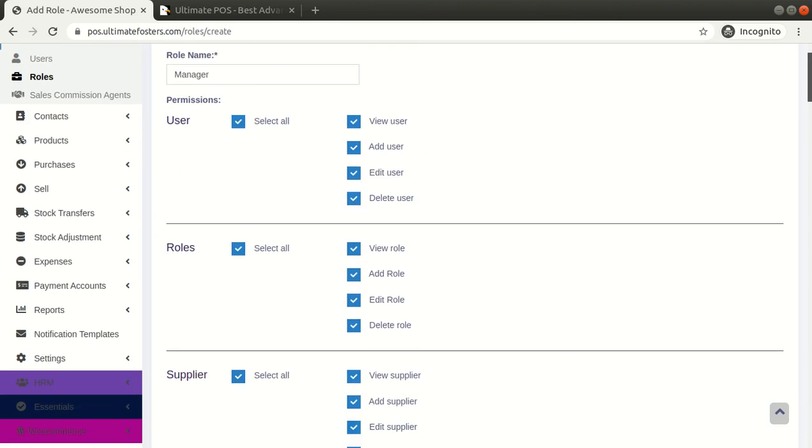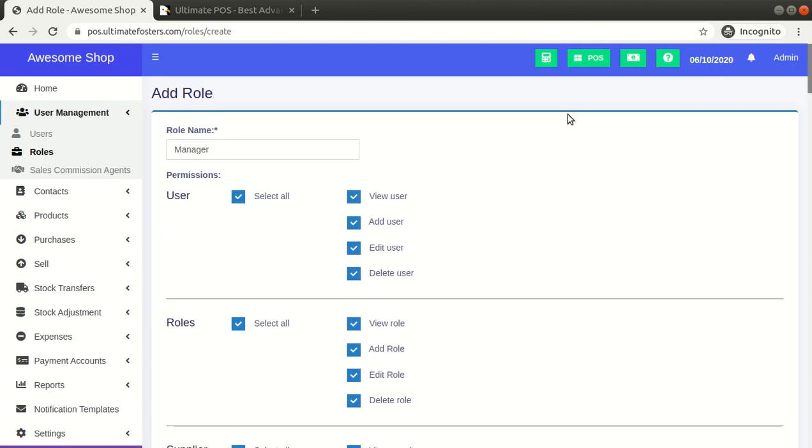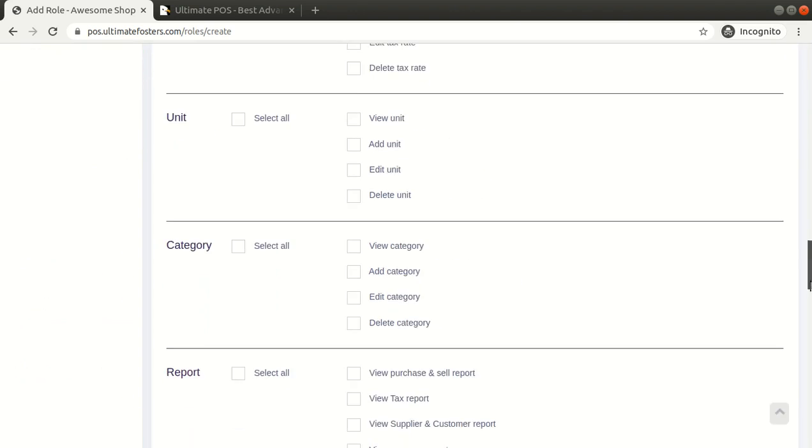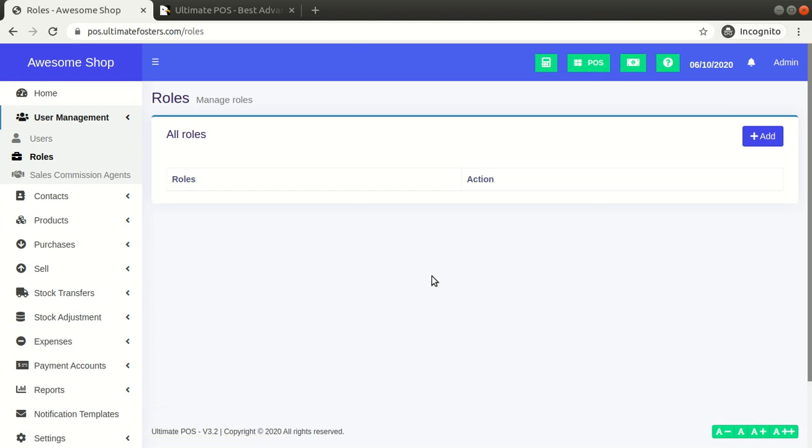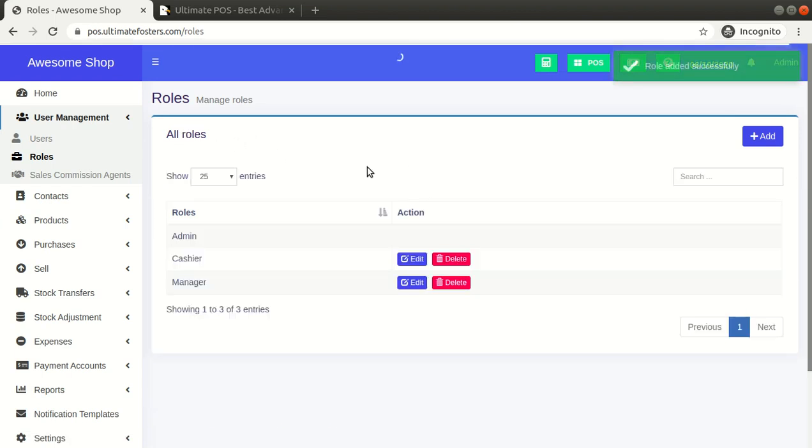So you can select all the different permissions which you want the manager to have, and you can save it from here. So after we have created this particular role,